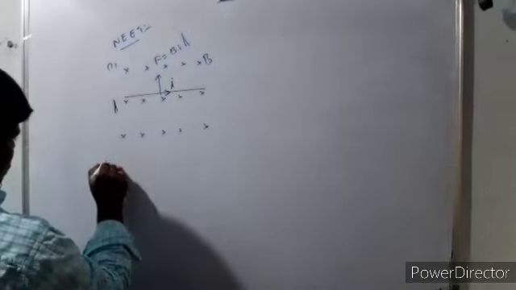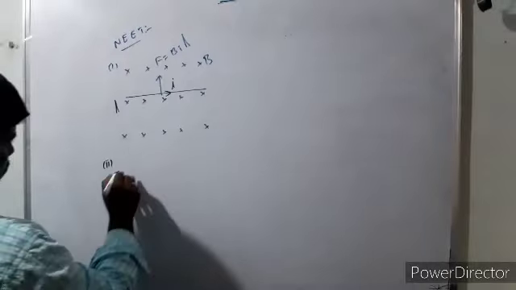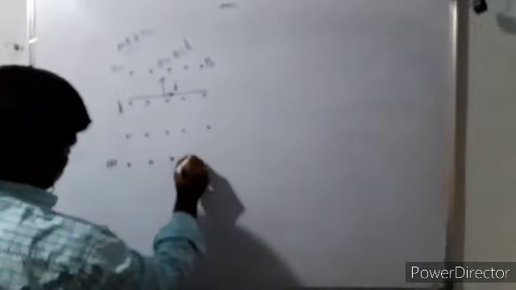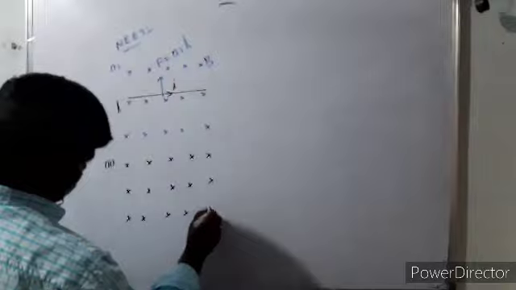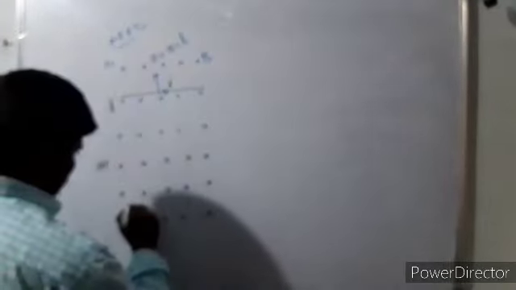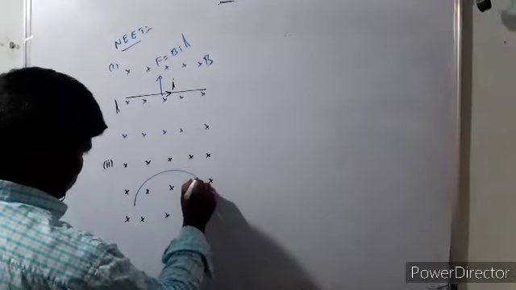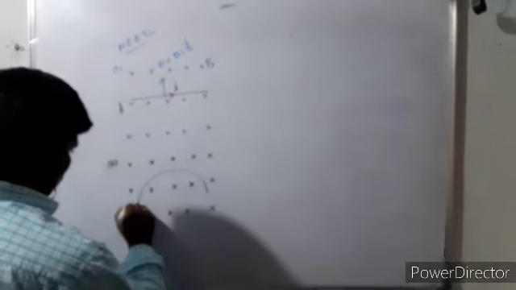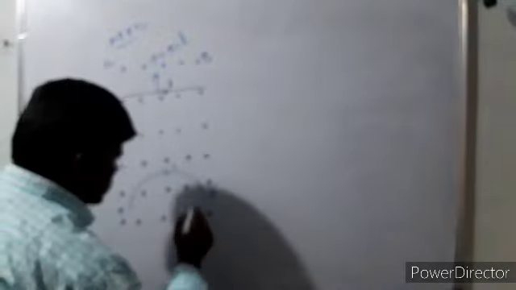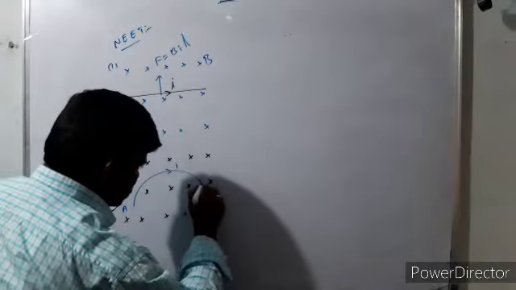Now the second case. The magnetic field in this region is perpendicular to the plane of the board. Now I am considering one conductor, not a straight one. This is a curved shape conductor AB, carrying current I amperes like this. Now, what is the force acting on this conductor, and what is the direction of the force?